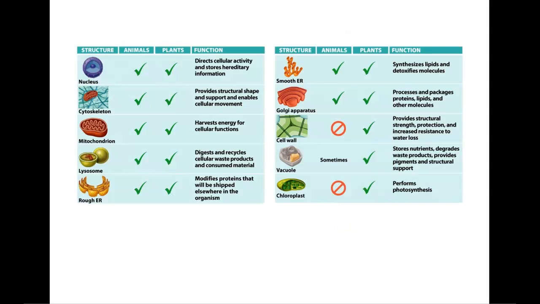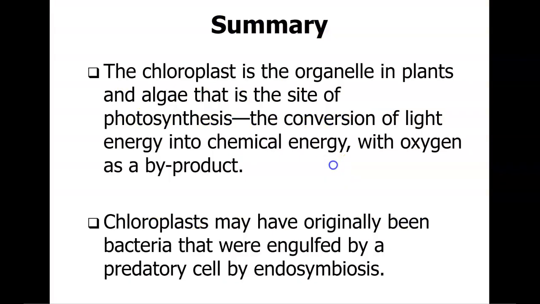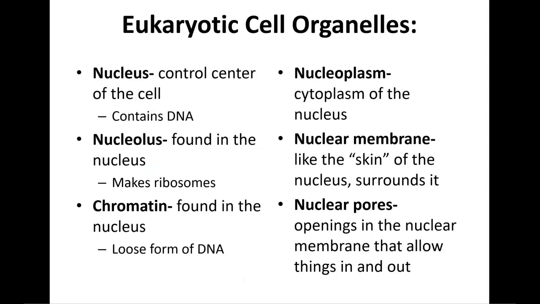And so here's just a little checklist and a review of the different organelles that we covered, which ones can be found in animals and plants, and their function. So in summary, the chloroplast is the organelle in plants and algae that's going to be the site of photosynthesis. It converts light energy into chemical energy with oxygen as a byproduct. Chloroplasts may have originally been bacteria that were engulfed by the predatory cell by endosymbiosis. And here's just a breakdown of different